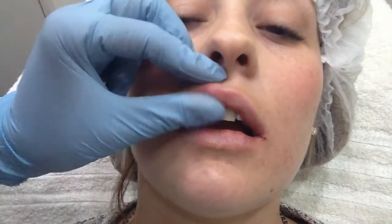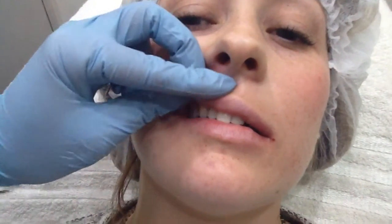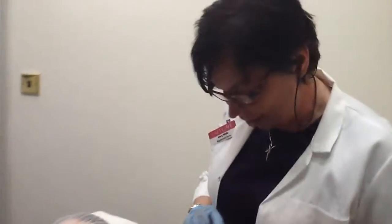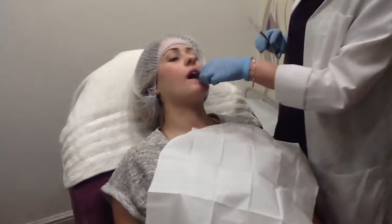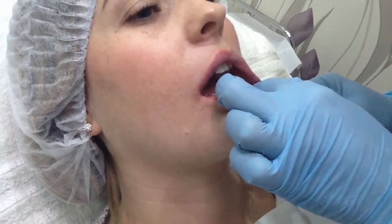I think you said this was 1 ml of product. Most people have just 1 ml? No, it does depend. This is the first time that this lady's had her lips done, so 1 ml is more than enough for her to see whether she likes the effect of it. And obviously, if she did want them bigger in the future, we could put more in. But to be honest, most people now are moving away from the large lips that were fashionable a couple of years ago, and it's all about less is more. Okay,